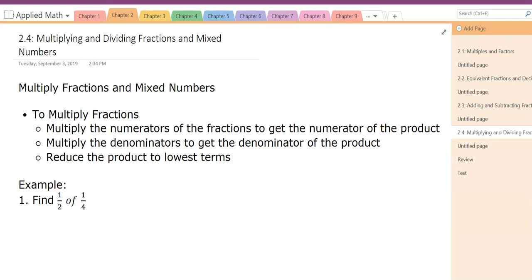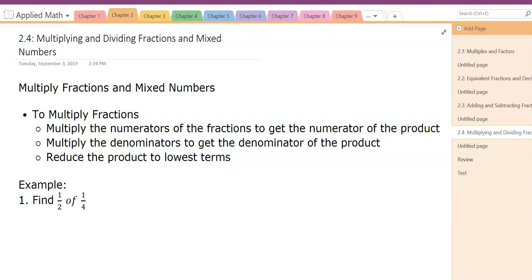Section 4, we're going to talk about multiplying and dividing both fractions and mixed numbers. We're going to first just focus on multiplying fractions and mixed numbers first. If you have just two fractions, so no mixed numbers, the steps to do are to set them up side by side, and you multiply the numbers in the numerators, which would be the numbers on top, and then